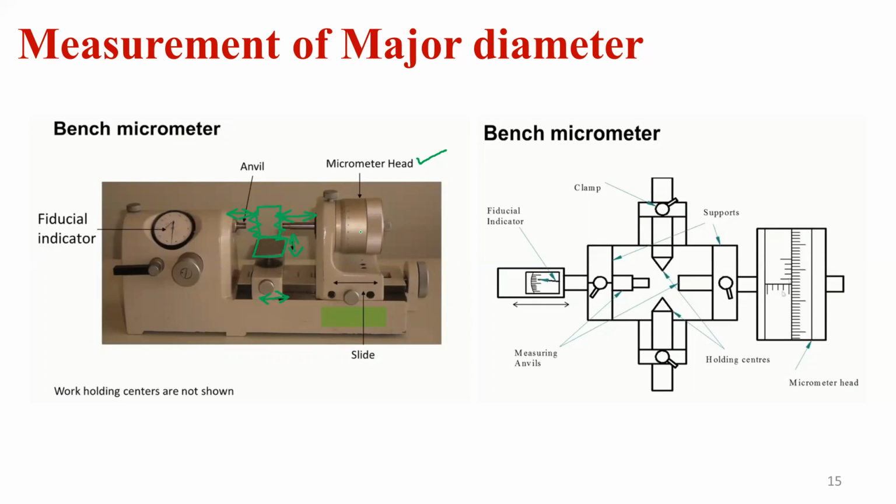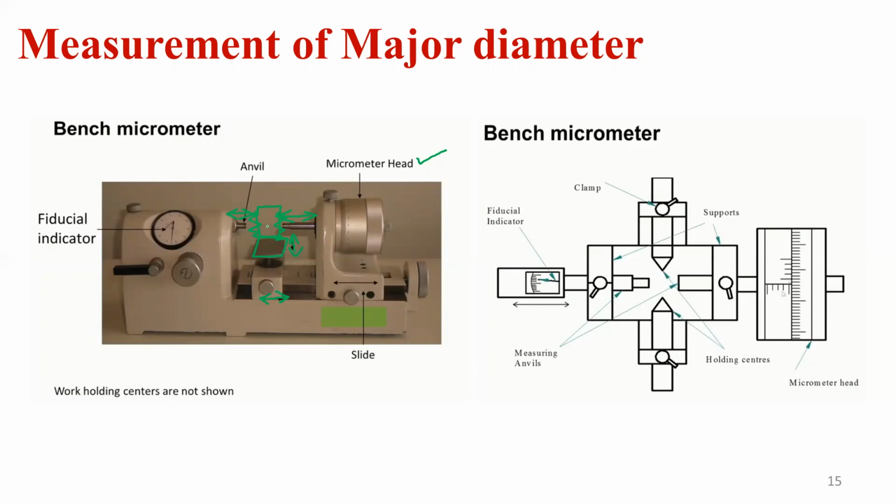And then we apply the movement to the micrometer head. So this micrometer spindle will contact with the screw thread. The very important consideration is we should not apply undue pressure on the screw thread. The screw threads will crush if undue pressure or more pressure is applied. So that causes errors in the screw threads.